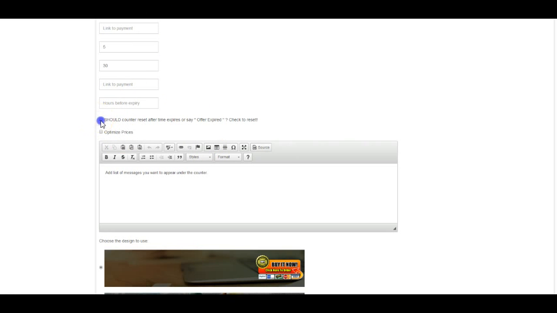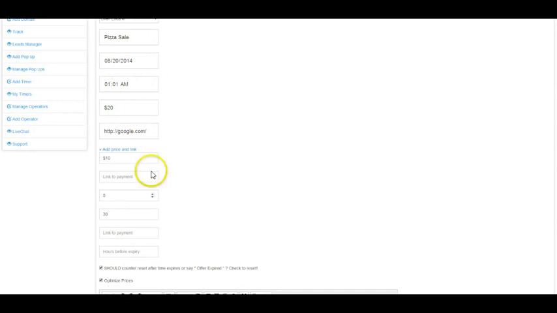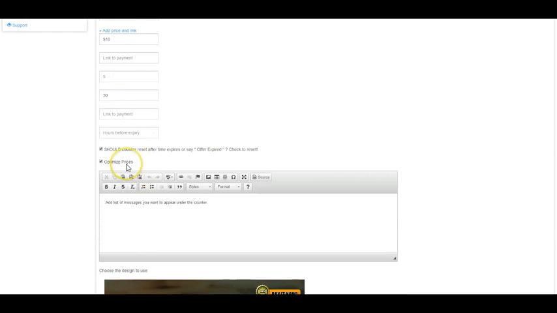So that's that. And now it says optimize prices. Note that this is optional. You don't have to use it. Let's click optimize price. Now what's going to happen is, when this timer goes live, depending on the data